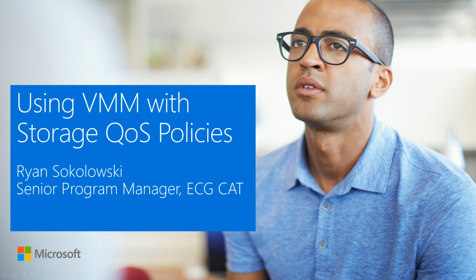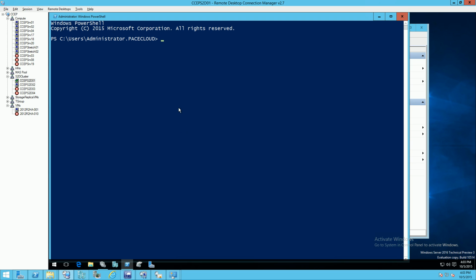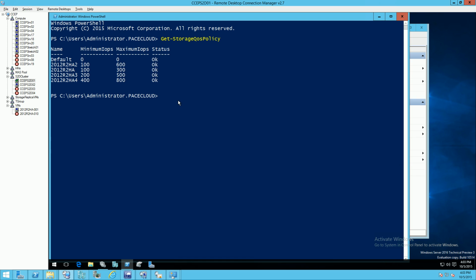And today we're going to take a look at using Virtual Machine Manager, or VMM, with our Storage QoS policies. So we'll start here on our Storage Spaces Direct cluster. We'll open a PowerShell window, and we'll use Get-StorageQoSPolicy to view the existing user-defined policies that have